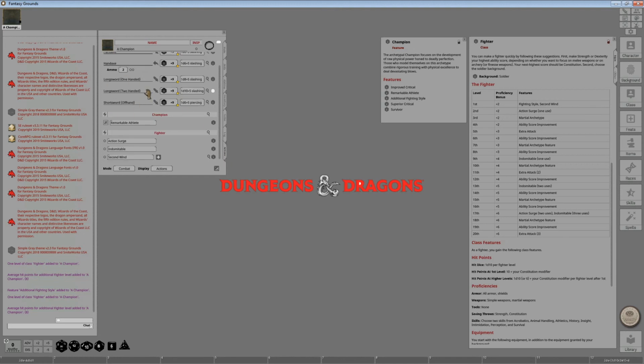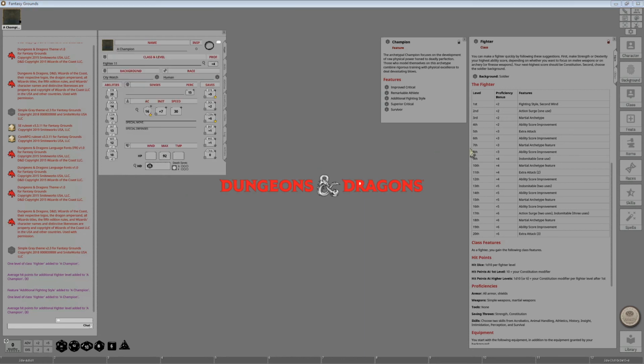Or, if you trigger Action Surge, you can make 6 primary weapon attacks. So that means that you could attack with your longsword 6 times in one combat round. Now our next level is going to be level 12, and this is where we once again gain an ability